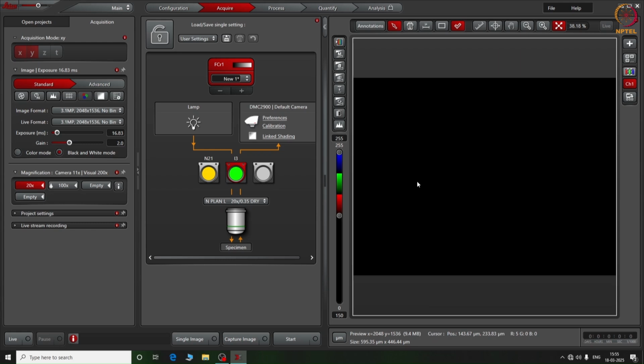Fluorescence imaging allows us to highlight our sample. By activating the fluorescence mode, we can observe how the stained particles emit light under excitation. Here I will turn on the appropriate channel to visualize the sample. You will notice an immediate enhancement in the visibility of the particles compared to the grayscale mode. To fine tune the image quality, I will adjust the exposure time, increasing it to 100 milliseconds.